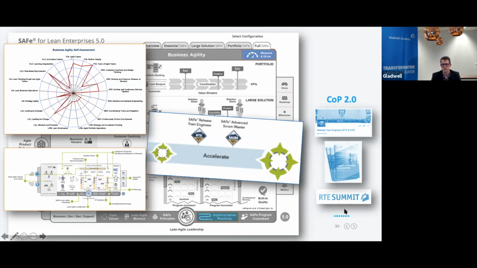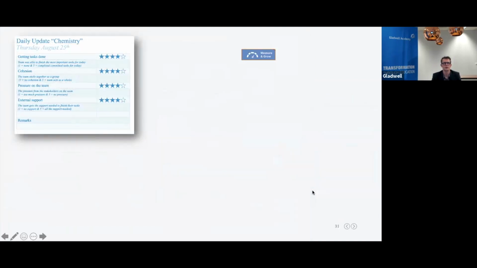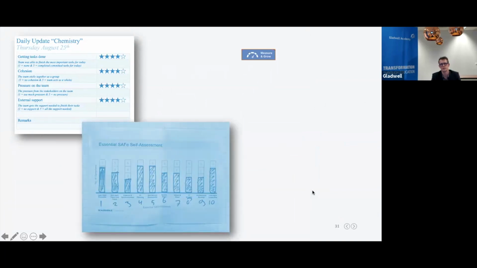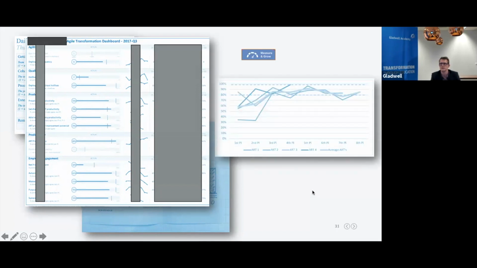Okay, I'm seeing we're doing pretty well in time. I'm closing for some questions, just showing a few things to accelerate. I would say start with some team measurements first, like how's the chemistry in your team and in the team of teams. Do some fun assessments during your Inspect and Adapt workshop. And maybe later on you can have more professional dashboards in measuring how you're doing on agility, business agility.